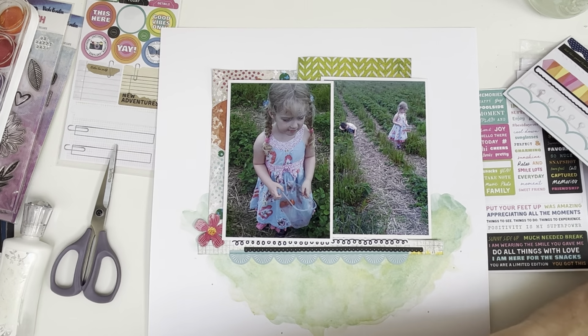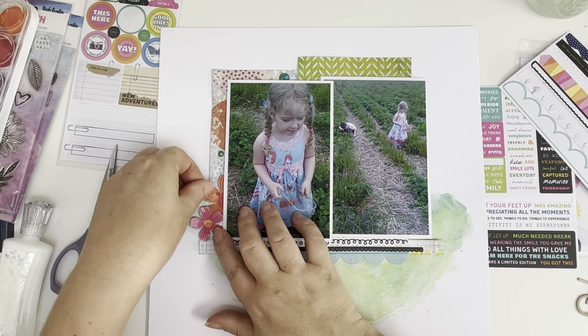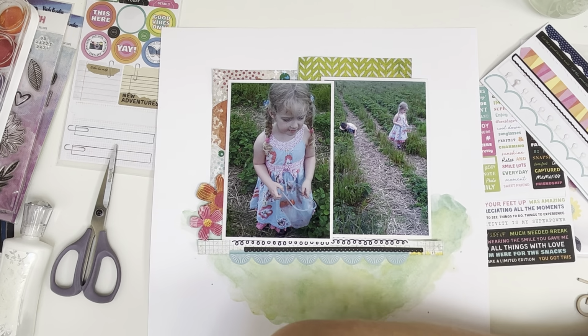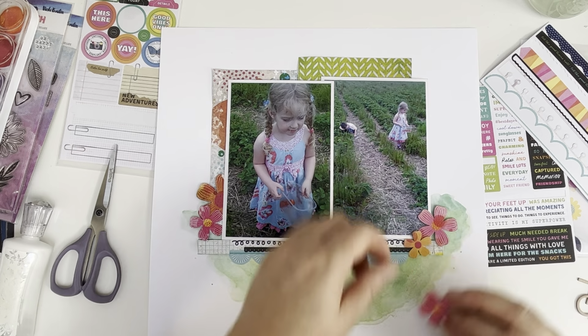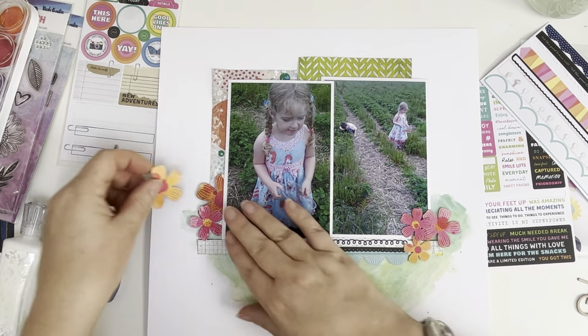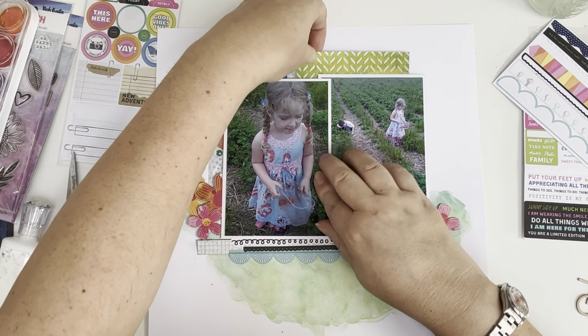And now I'm coming in with some of the flowers. On yesterday's video, if you watched that, you will have seen that I said I was going to fussy cut the flowers on the sheet, and that's what I spent last night doing. So now I've got a huge pile of these, and there were some more reddy colours, some pink ones, and yellow, yellowy orange, and I wanted to get all the different ones on there,